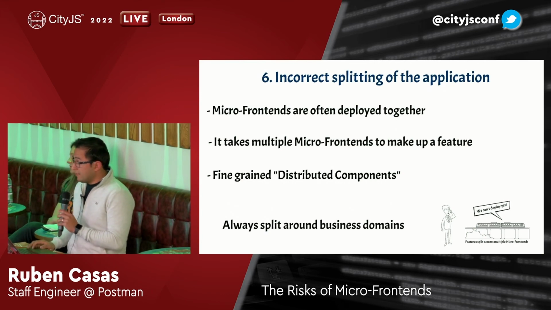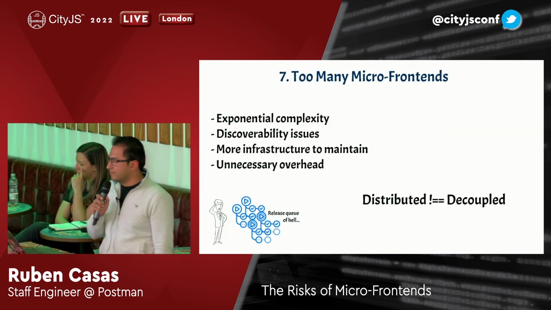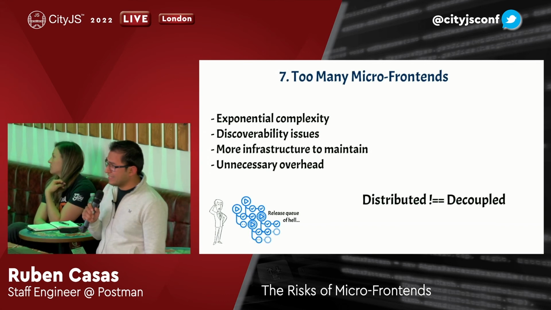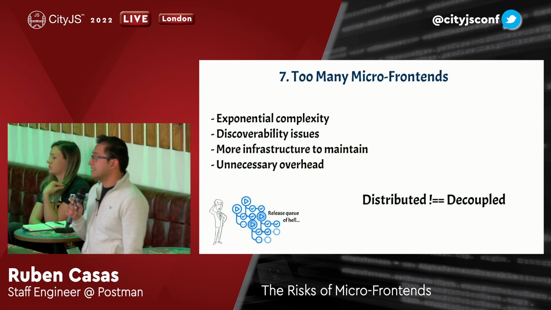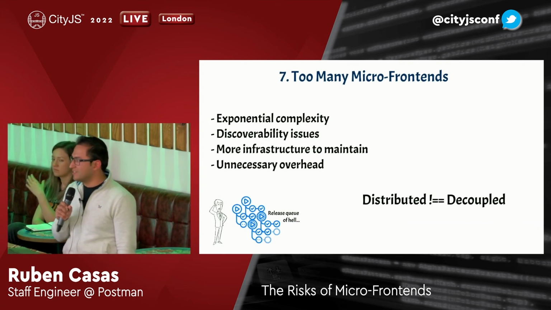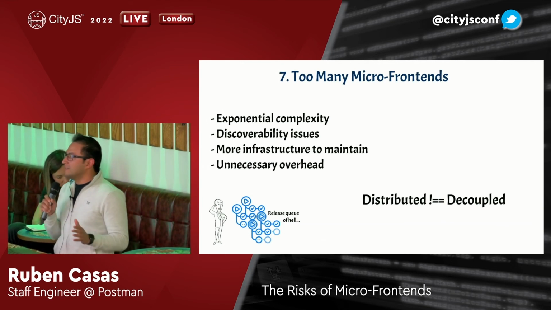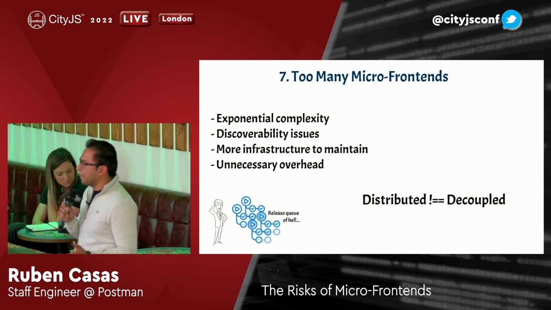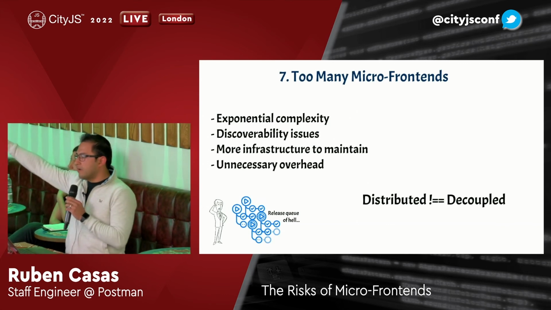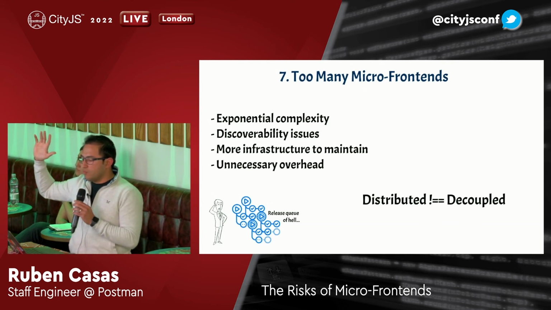A side effect of splitting things incorrectly is that you will end up with too many micro-frontends. And this is real, based on a true story. We had this problem where a team decided to do a big release, and it was like 70 micro-frontends that they had to deploy one by one in order to get the website updated. That is the release queue of hell. I mean, that is wrong. And the reason for that is because the micro-frontends were split incorrectly. Now, you don't want too many micro-frontends, because if you have too many, you have unnecessary overhead, a lot of complexity, a lot of infrastructure. That has to be avoided.